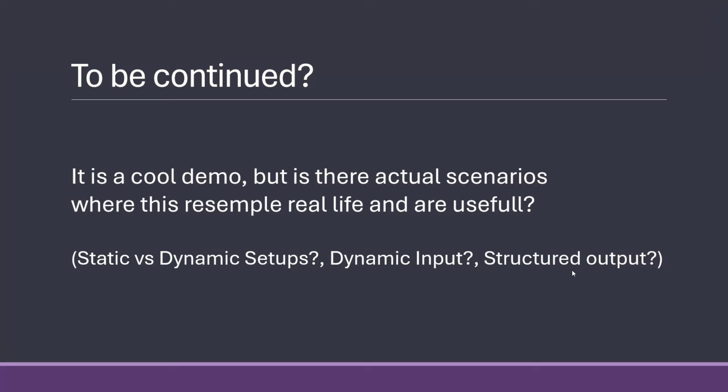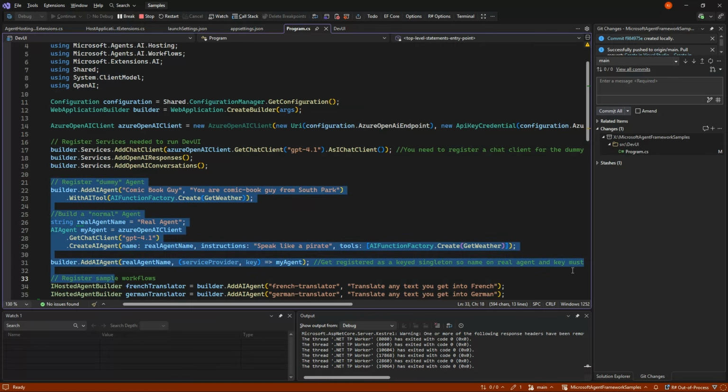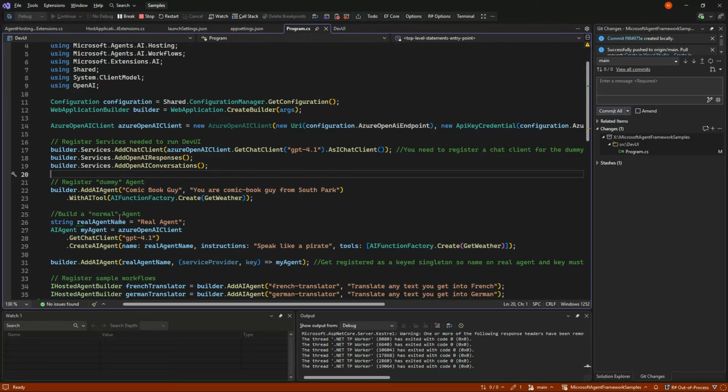Structured output you cannot test. Like 75% of all my outputs from an AI is structured output, but there is no way to tell that because we are never ever running the run async or run streaming async where you tell AI needs structured output.